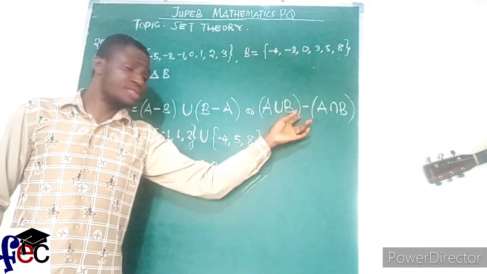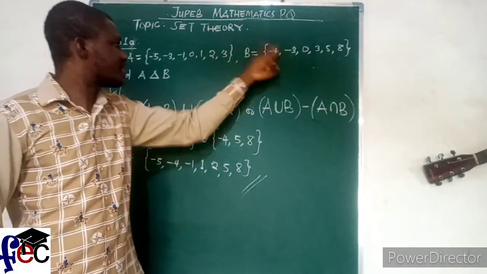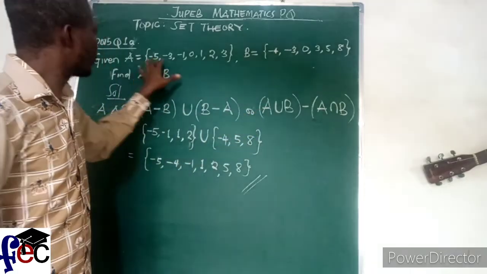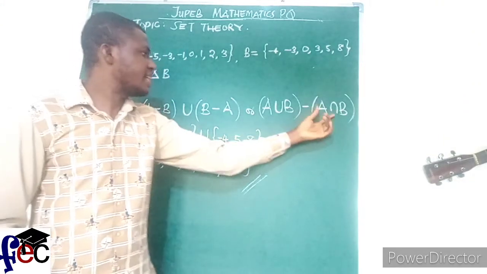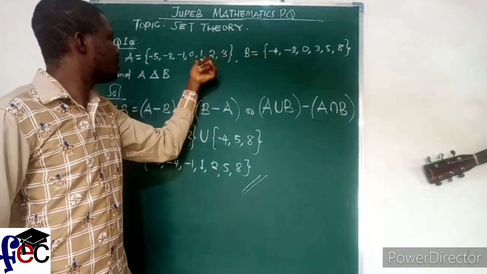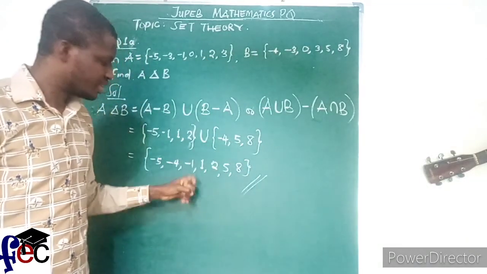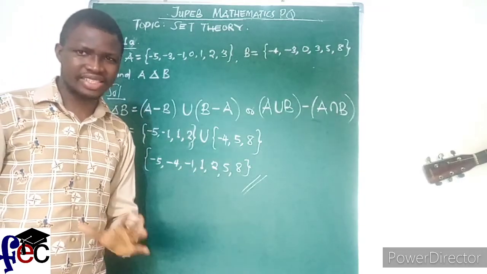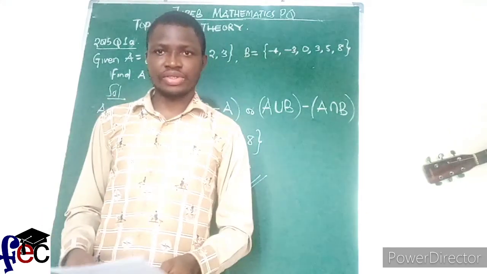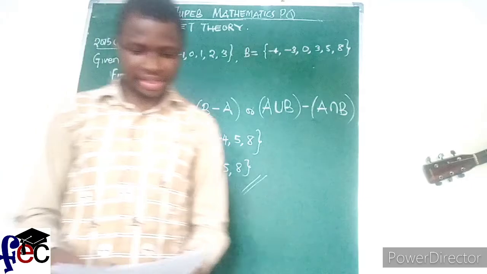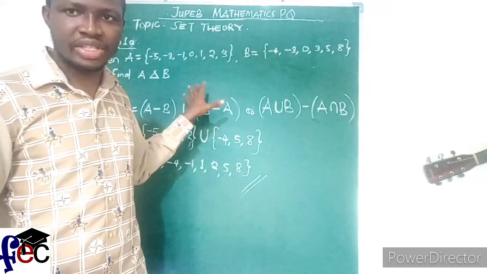If you decide to use the other definition, you will get the same result. We'll find the union of set A and set B, combining all these elements but ensuring that you do not repeat any element. Then find the intersection, what is common to set A and set B, and by the time you do that, you will still get the same result. Hope that is clear. Set theory is not difficult. Alright? So practice more questions on this, and you will see how easy it is to solve a problem on sets with respect to this kind of question.